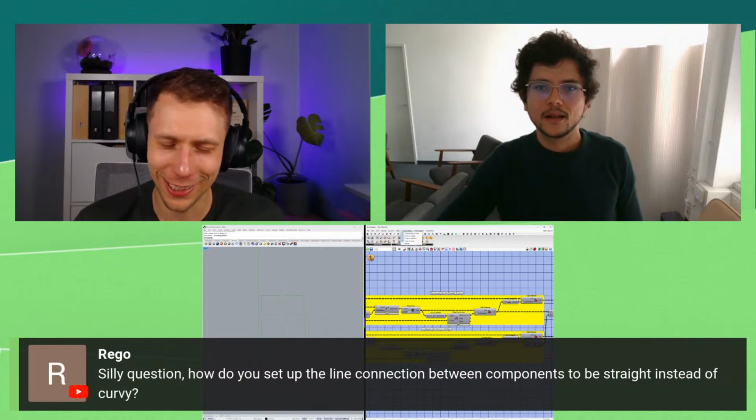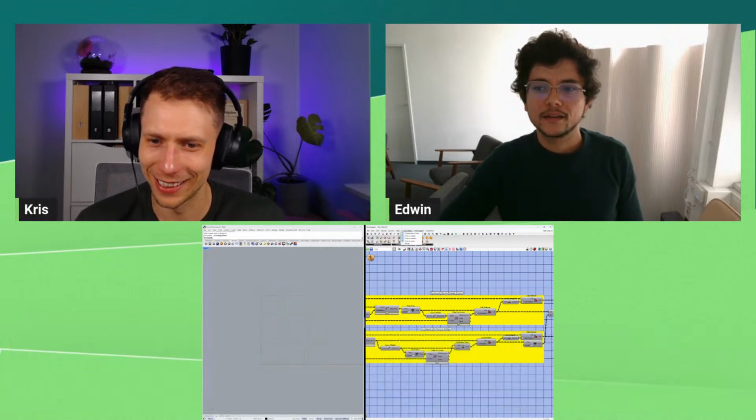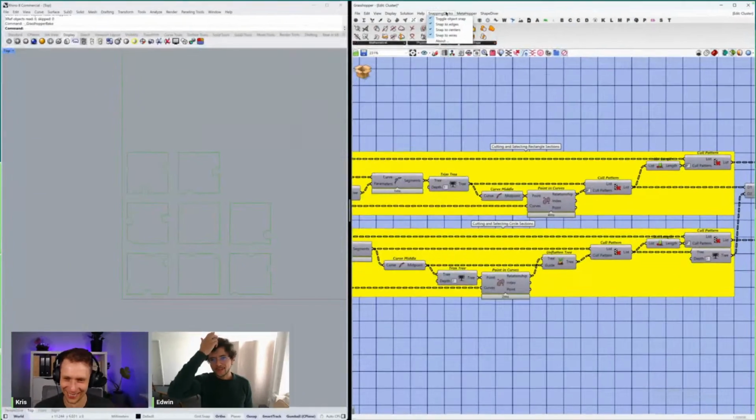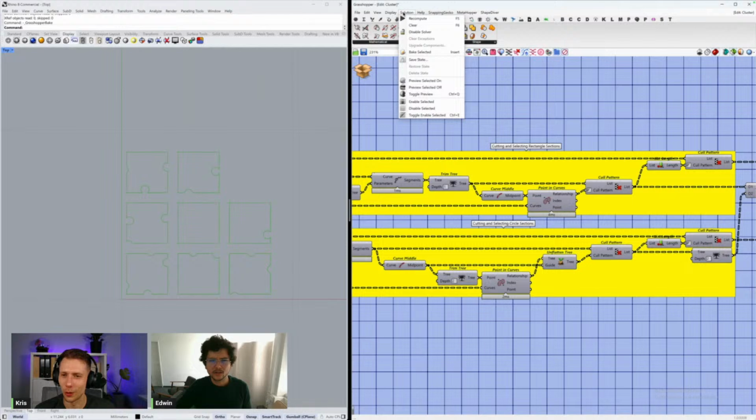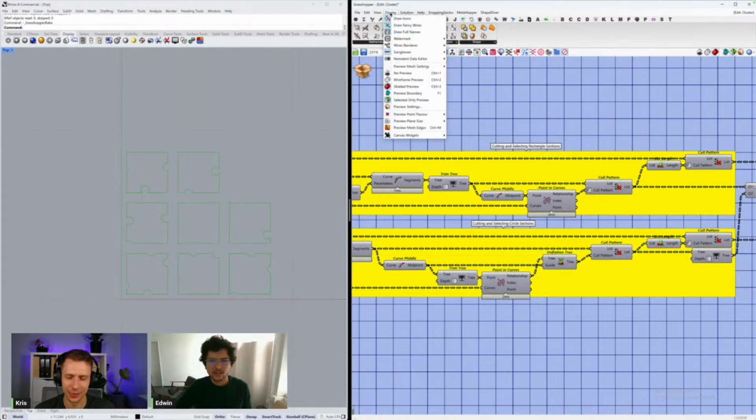So it looks like you have thousands of plugins installed, and Edwin? Yeah, I think these are plugins that I installed a long time ago. I think it's Snapping Gecko, or no, maybe not. I know it's Wire Rendering. Yes, it's Wire Rendering, correct. So actually, you can change it into parabolic or some curvy style. Yeah, so even the line, you can change it there.